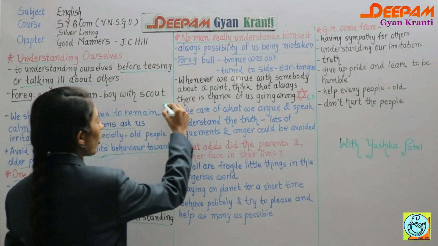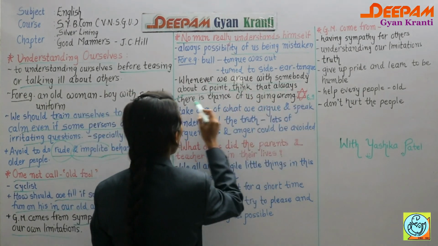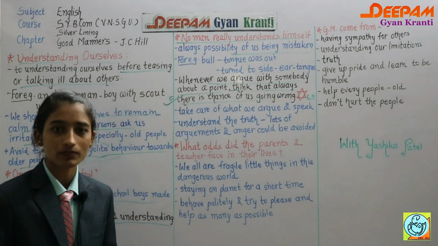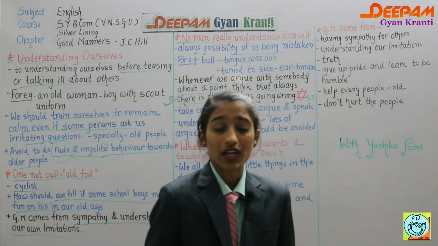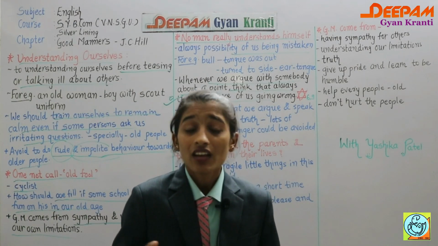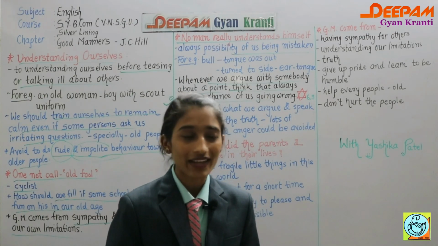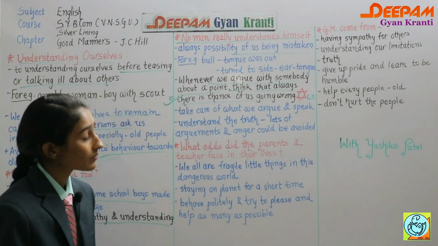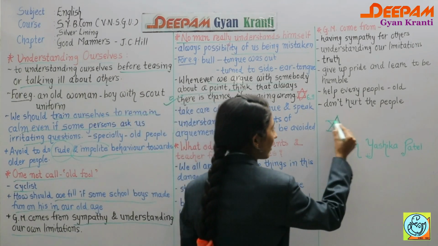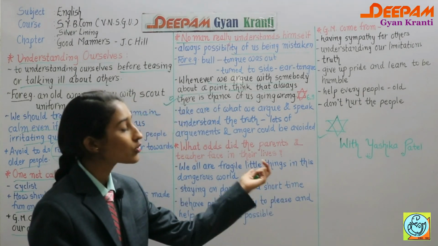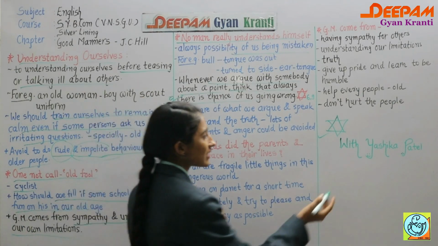And one more important thing we can say, whenever we argue with somebody about a point, think that there is always a chance of us being wrong. It is not right every time, whatever we are thinking, whatever our points of view, ideas and thoughts are, they are not always right. Okay, sometimes it is possible that we are wrong, and it's a very simple example. If I have two triangles, from someone's point of view it is two triangles, while another can say it's a star, so both are right. Same with 6.